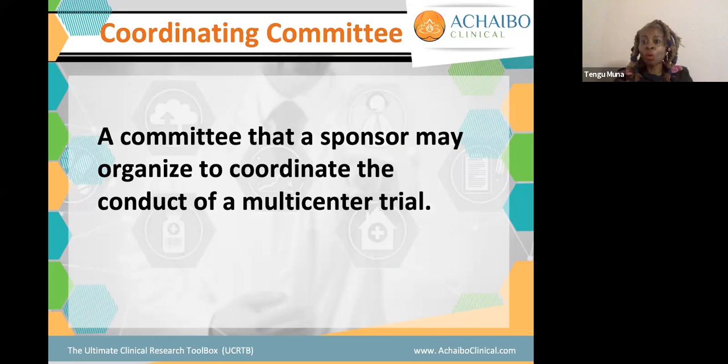We can also have a data monitoring board, which looks at the types of data coming from the whole project as a whole, and determines based on what the trial is about. You can have a data monitoring board that is looking at certain events that occur at the clinical research site, and based on that, they determine how to proceed with certain patients. So it's a board that just monitors everything. And then you can also have an adjudication committee, and it might be created to manage just safety events. Like if something happens to a patient, they take a look at it and say, okay, this is how we're going to proceed with addressing this situation. So those are some of the types of committees that participate in clinical research.